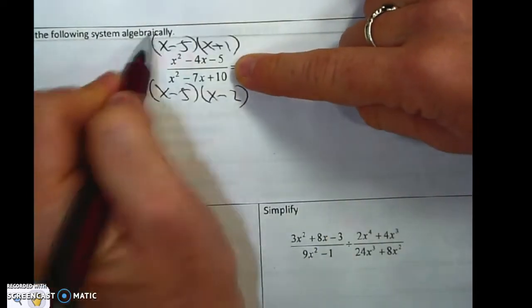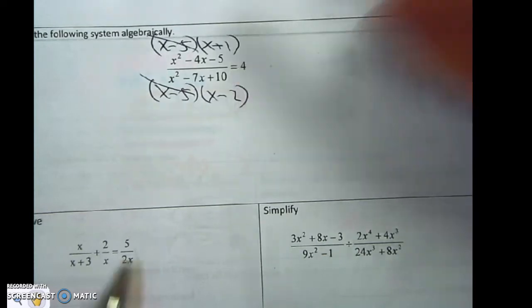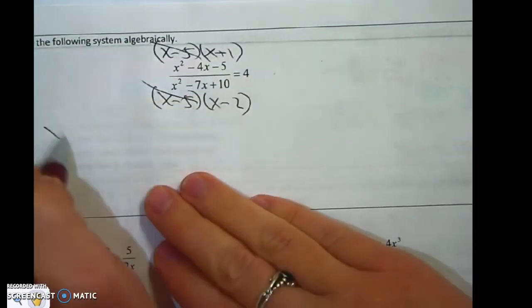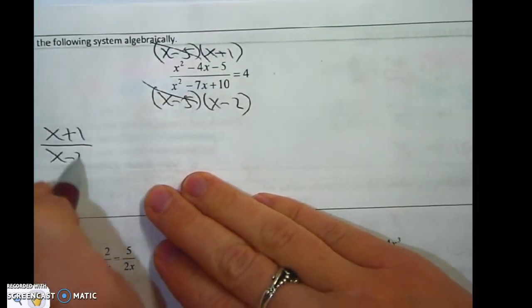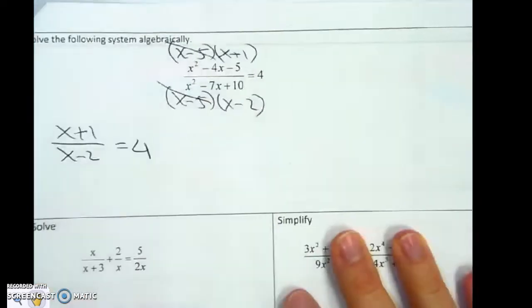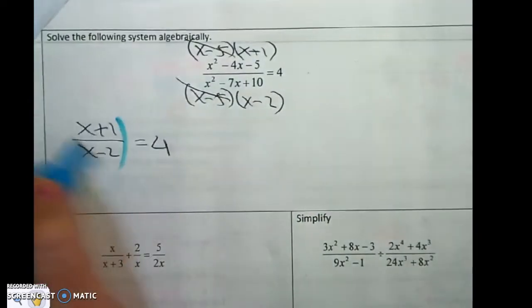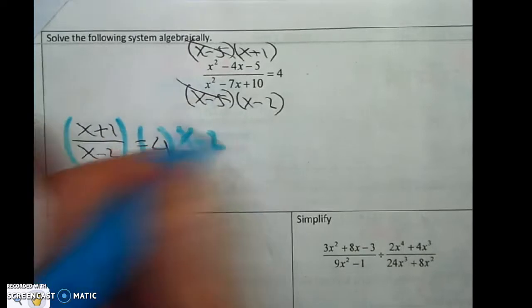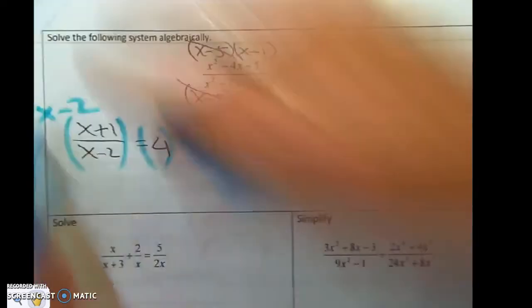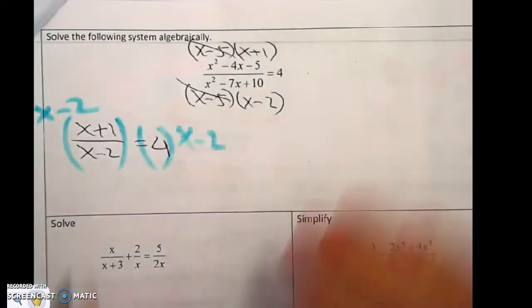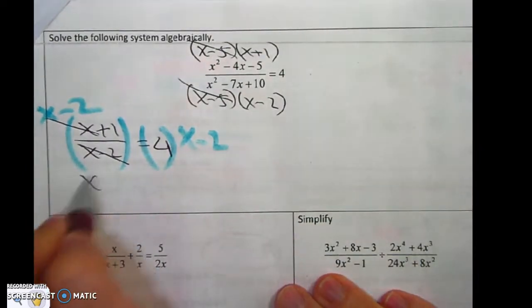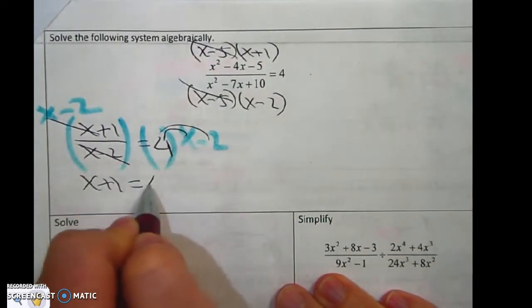And I notice there's a match, so I'm going to cross those off. So I can more simply write this equation as x plus 1 over x minus 2 equals 4. So that when I have to multiply both sides by x minus 2, it's just easier, okay? Because when I do that, then these two are gone, and I'm left with x plus 1 equals, distribute, 4x